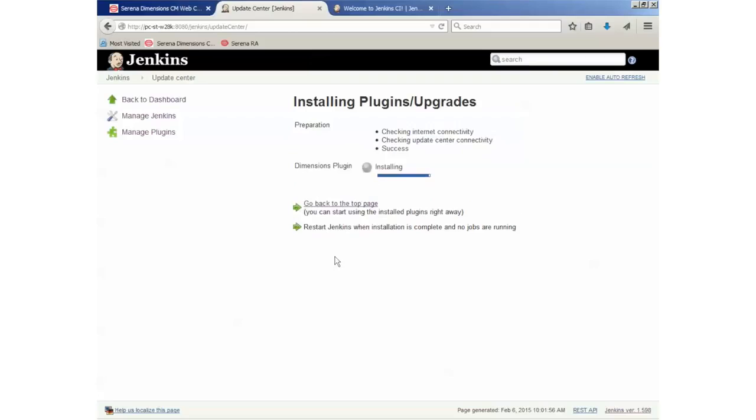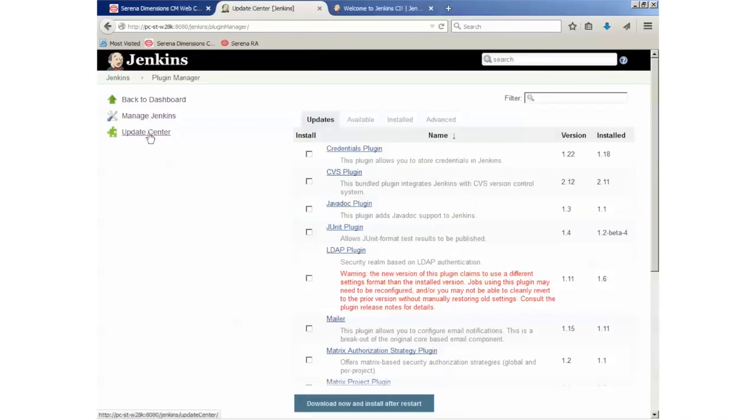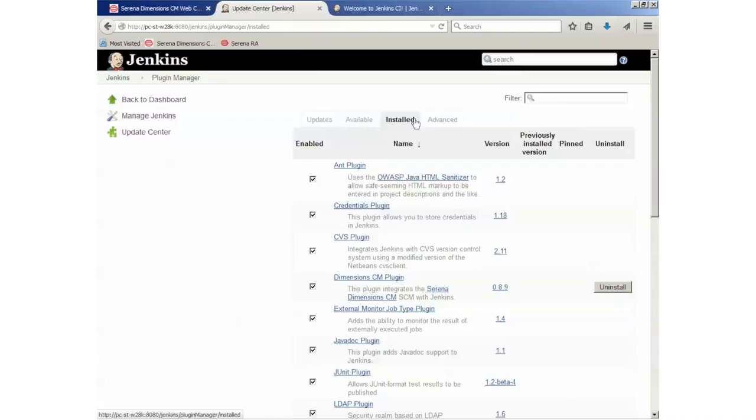The plugin is now being downloaded into the Jenkins installation, and the plugin has now been installed. So if we go back to Manage Plugins, we'll see that the Dimensions plugin has now installed. To test that plugin,